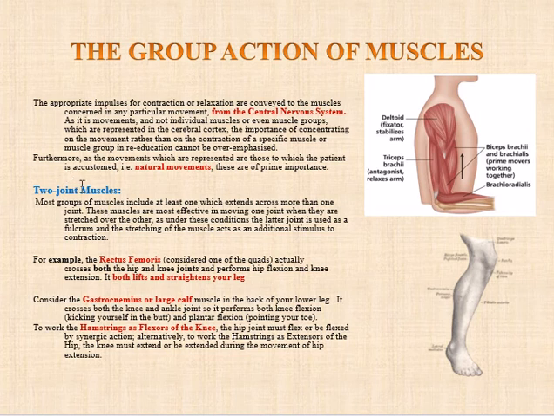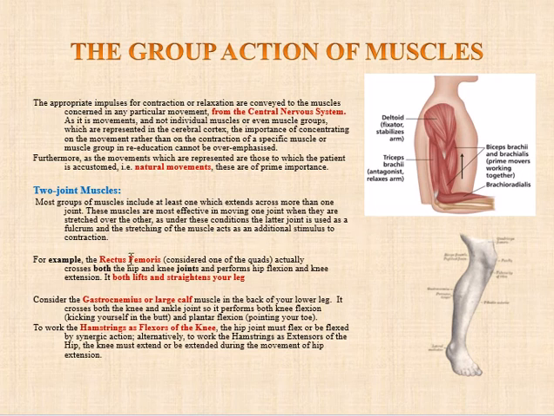Now we discuss two joint muscles. Most groups of muscles include at least one which extends across more than one joint. These muscles are most effective in moving one joint when they are stacked over the other, as under these conditions the latter joint is used as a fulcrum and the stretching of the muscle acts as an additional stimulus to